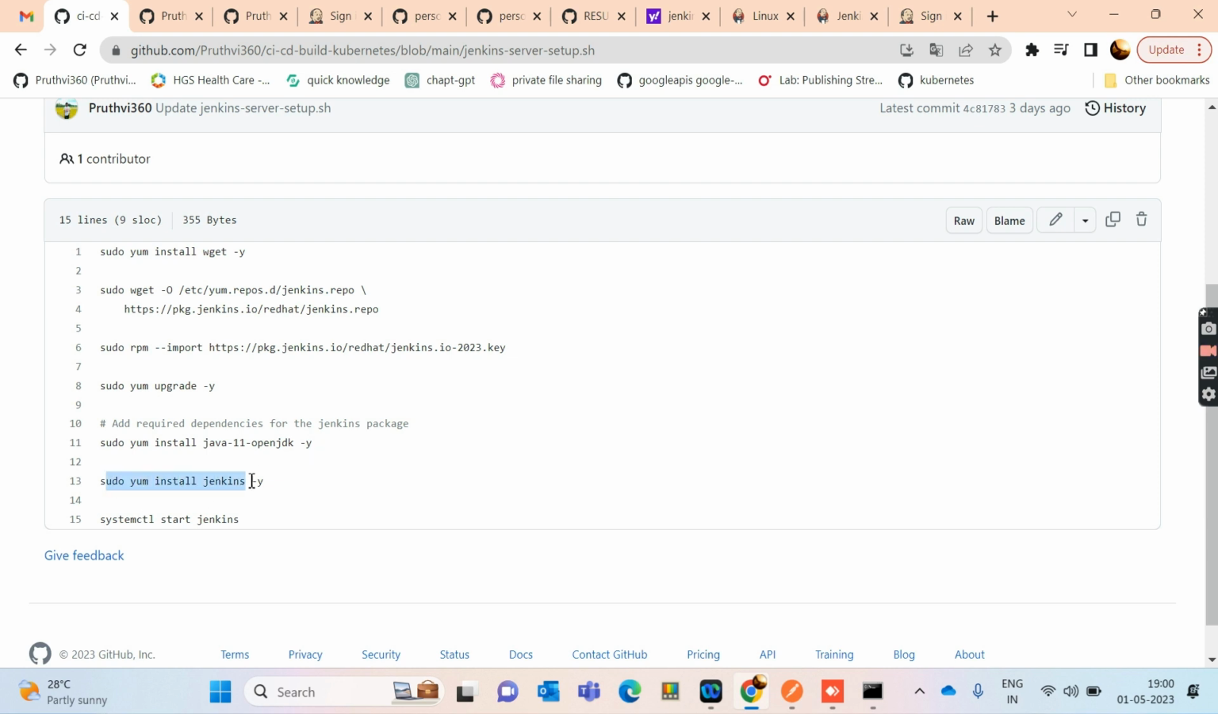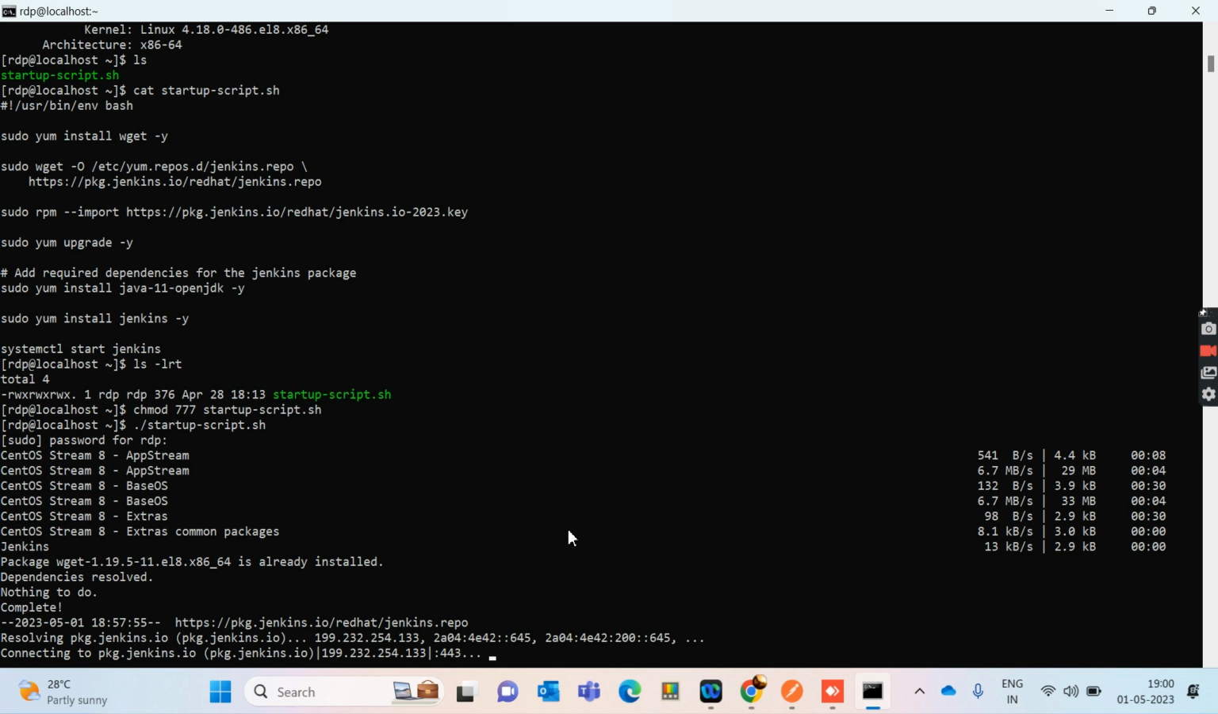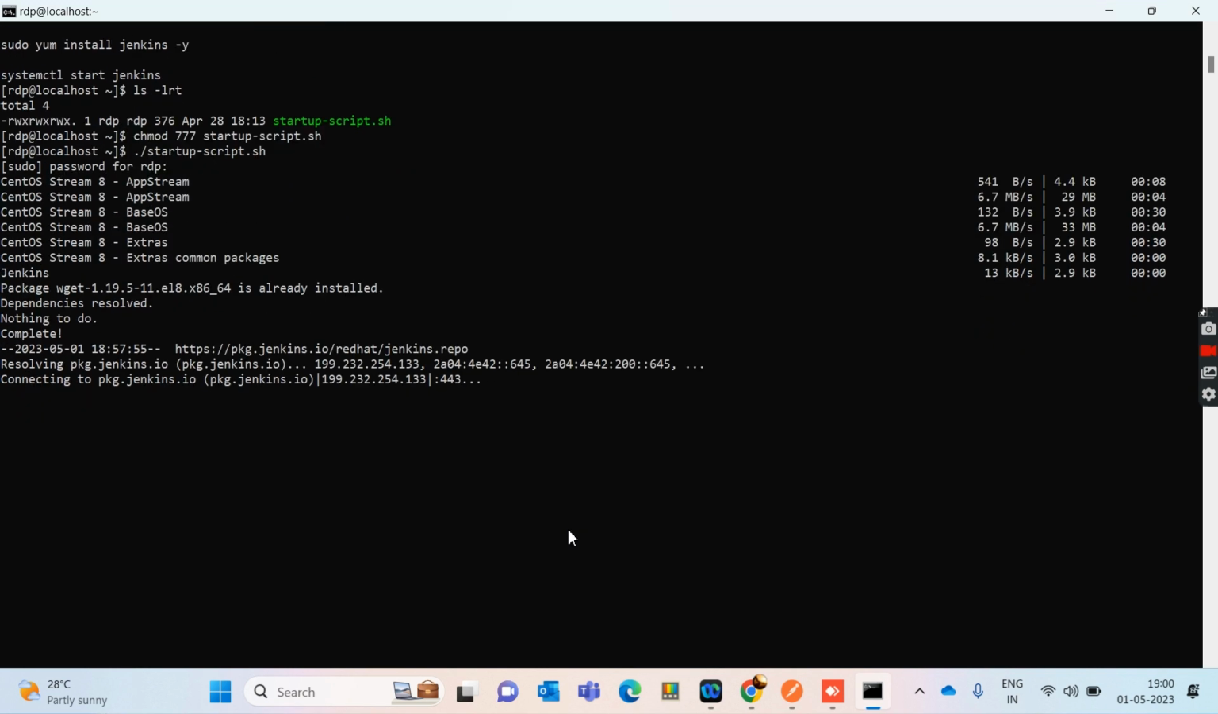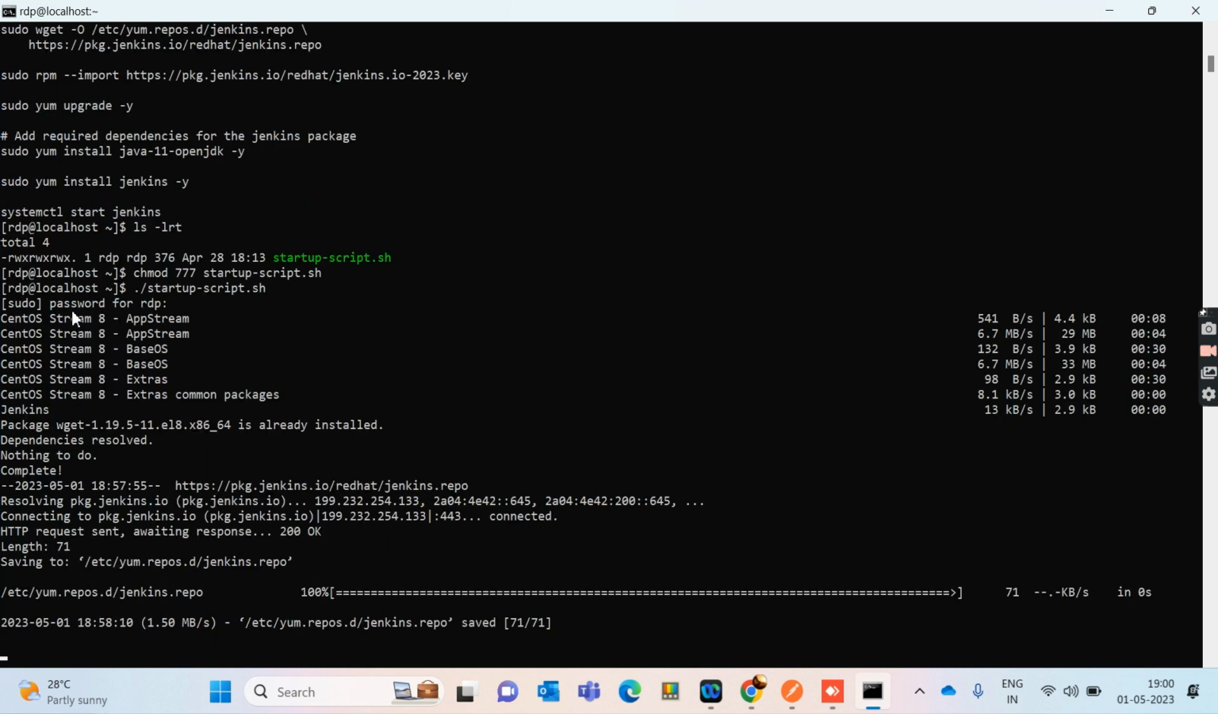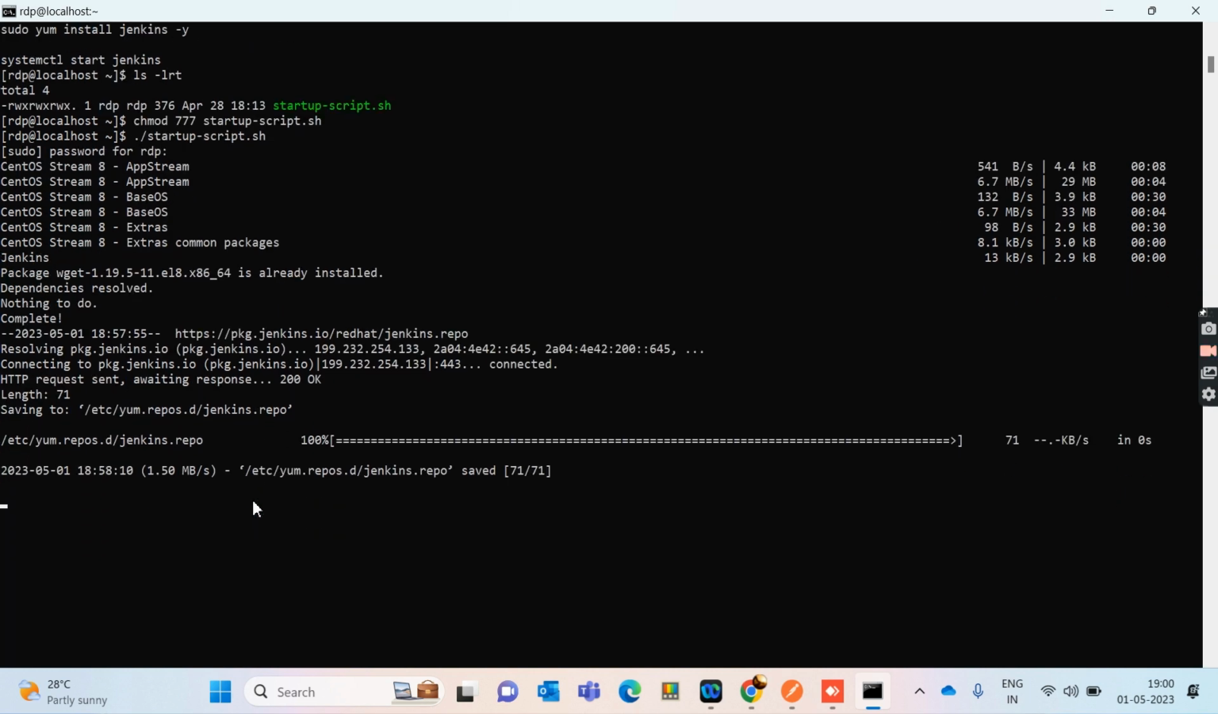After that it's going to install Jenkins, and after that it's going to start Jenkins. I am going to show you how it is done. Now it has been downloading. Since the dependency is already installed, it is telling us that the dependency is already installed. Now it has started